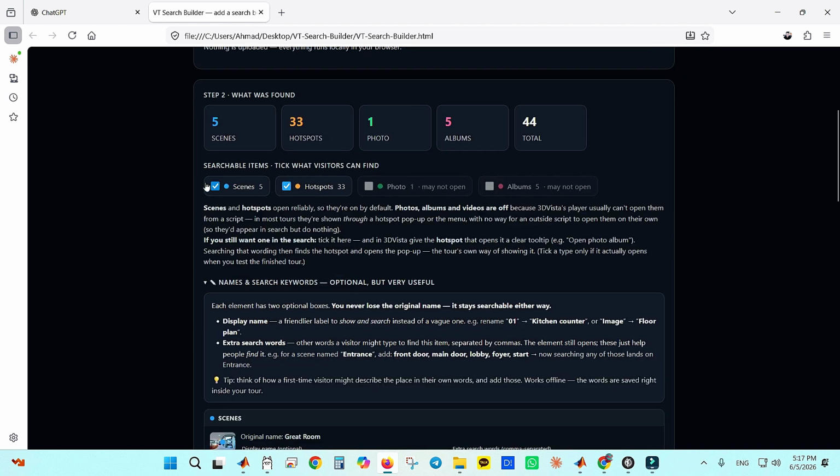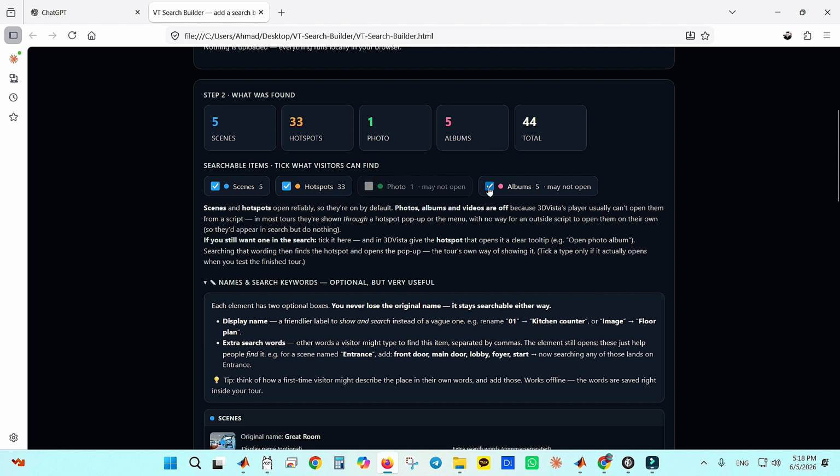Well, panoramas and hotspots are searchable in the current version of this software. But unfortunately, images and albums are not searchable at this time. So, if you specifically want your images and albums to also be searchable within the system, you will need to manually assign a specific hotspot to each of them so that it can effectively trigger them. Therefore, later on, when you perform a search and find those specific hotspots, you can also make your images and albums searchable directly through that connection.